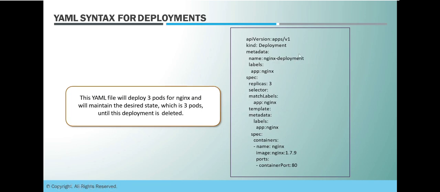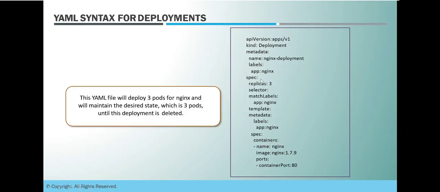In name, here we are giving Nginx deployment because we are creating Nginx pods using this deployment. Then labels is important. It is an optional one, but in order to run multiple deployments inside your cluster, you need to provide labels. It is important so that you can segregate. Name is one thing using which you will segregate the deployment, but you have multiple pods that may have the same name or maybe the same services they are providing, or maybe if you want to bundle them in different groups, then this labeling is important because that's how the service pointing to the pods will identify which pod it needs to redirect the traffic.